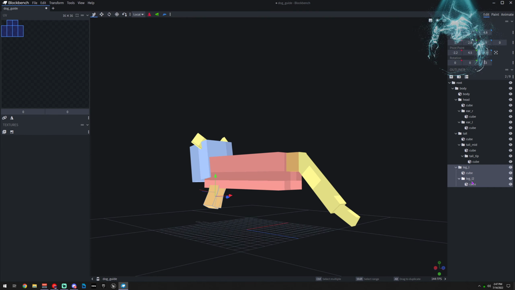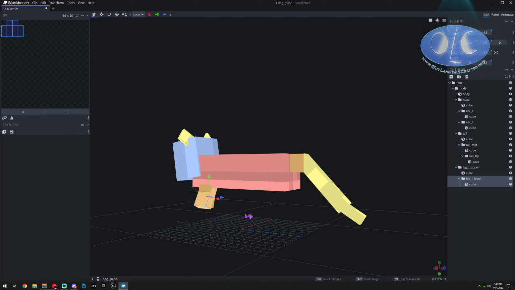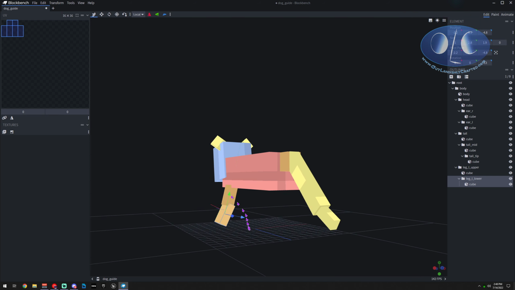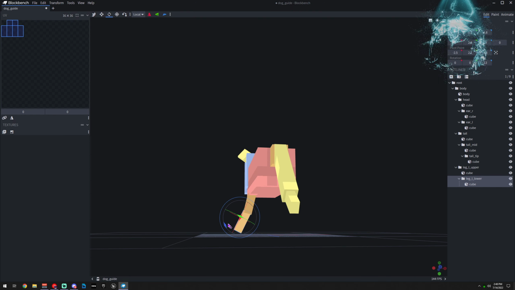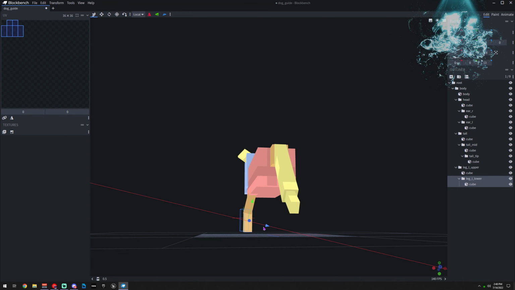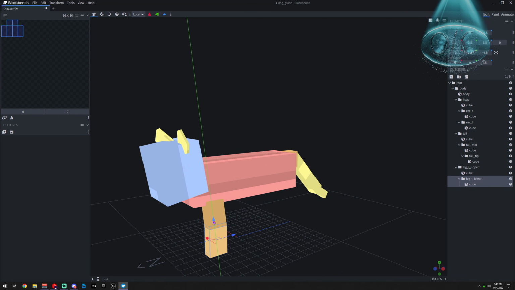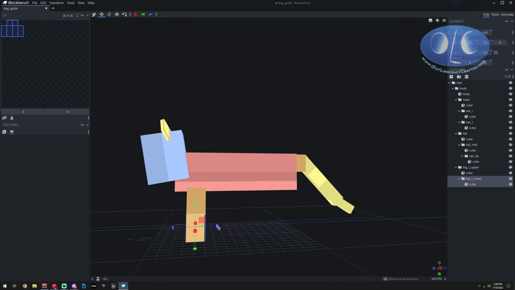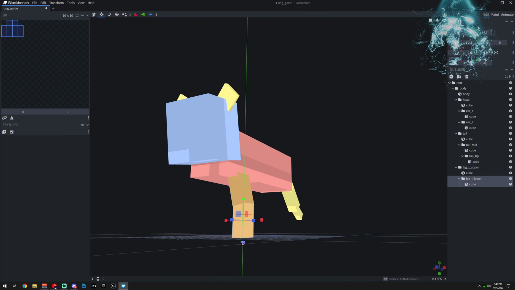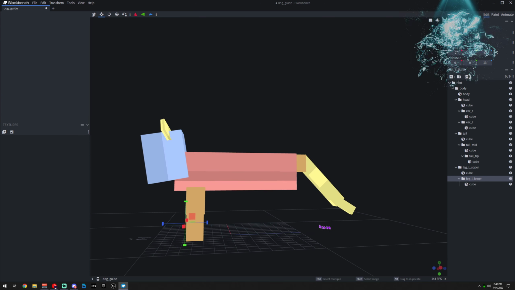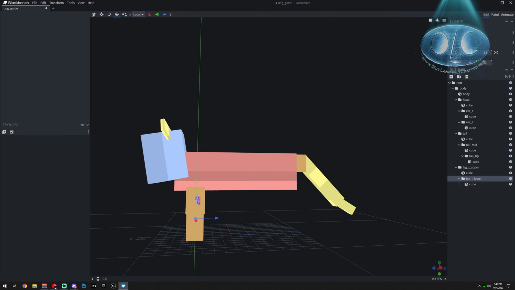Okay, so this is upper, and this would be lower. And then we're gonna drag him down. And then this one, you'd probably bring it back out so it's straighter. Bring it down, and then something like that, right? And then same thing, we're gonna grab our pivot tool, and we're just gonna move the